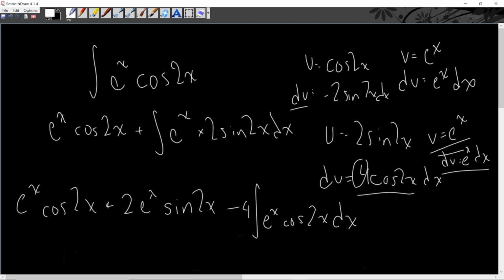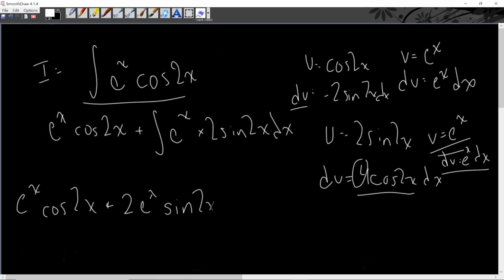And we could continue doing this, but again, remember we are integrating e to the power of x cosine 2x. So if we have the two being the same, we're going to write this as I equals this, which means that we can put I over here, minus 4I. So if all of this equals I,